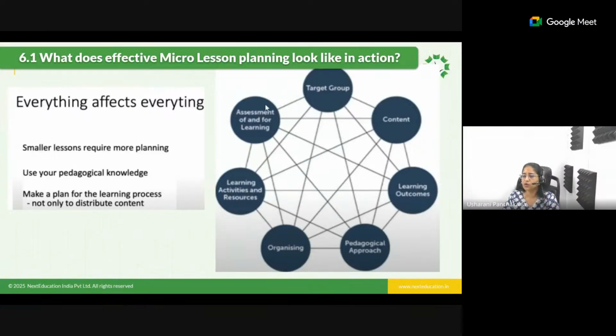Now, coming to assessment of and for learning, which we call formative and summative. Formative is the assessment that you take while discussing the concepts. So when the learning is happening, the formative assessment is what you ask in the form of questions, which can be objective questions. Summative is where at the end of the chapter you ask questions, what we call chapter level exercises or book back questions, which are summative assessments.